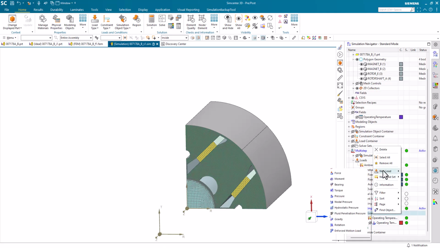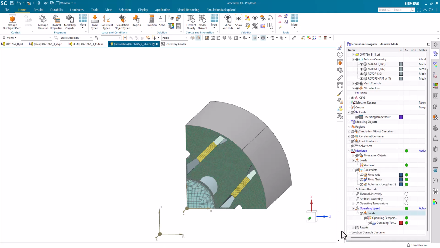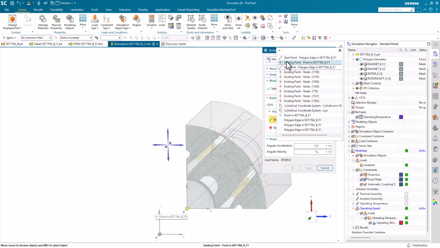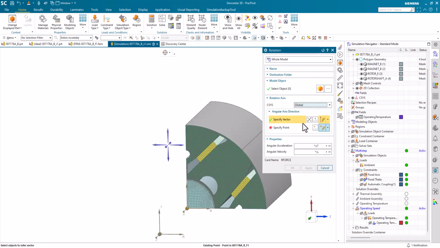create a new load as a rotation. So it's going to be a whole model rotation. Everything in the model is going to rotate. I don't need to select any objects. The coordinate system, I'm going to leave that as global, but then I'm going to say for my point, I'm going to pick a point as that location on the shaft, the existing point, related to the coordinate system, and then,